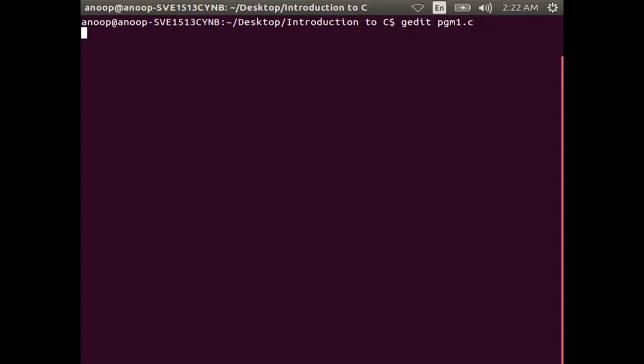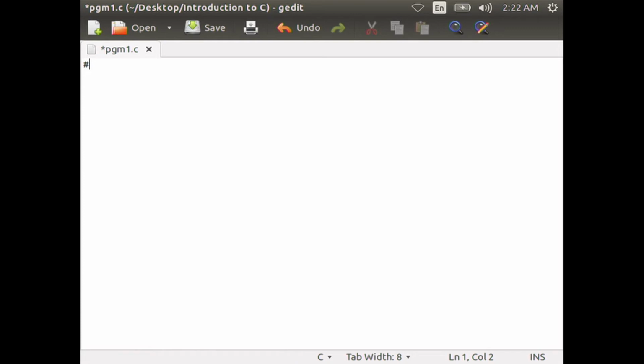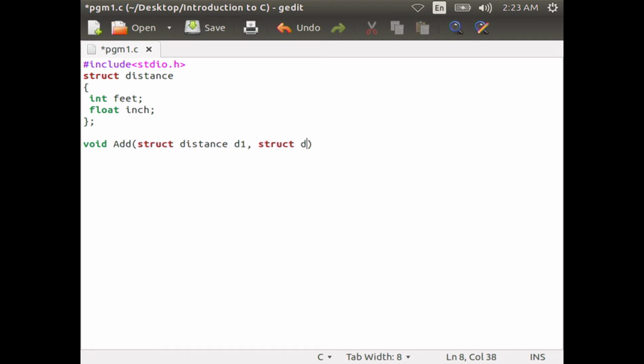Now, let us type this program. #include <stdio.h>, then struct distance within curly braces, int feet semicolon, float inch semicolon, then close the curly brace. Then void add, struct distance d1 comma struct distance d2 comma struct distance star d3.